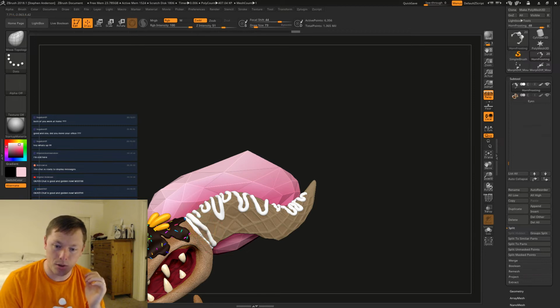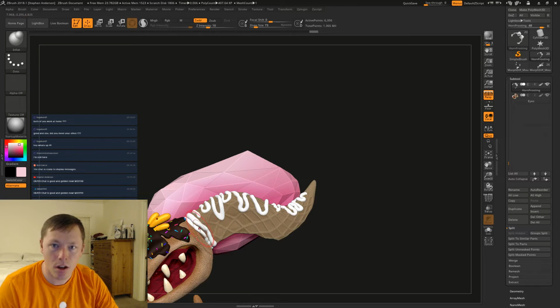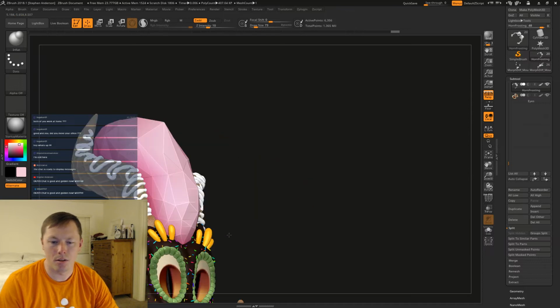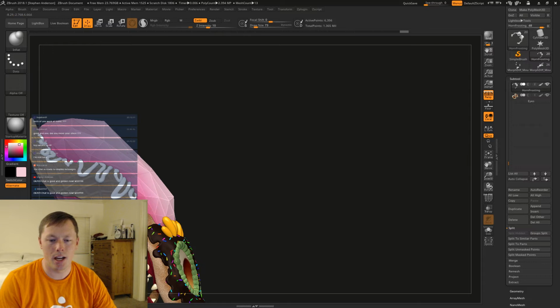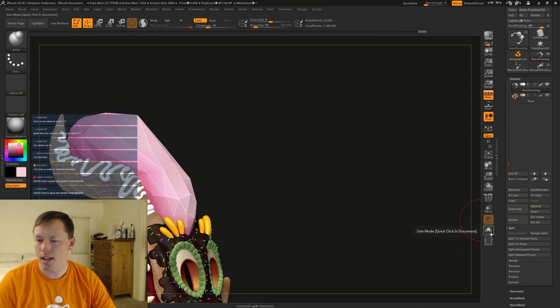Okay, let's kind of pull this out some so that it's a little bit heavier, a little bit further away from the base of the head.